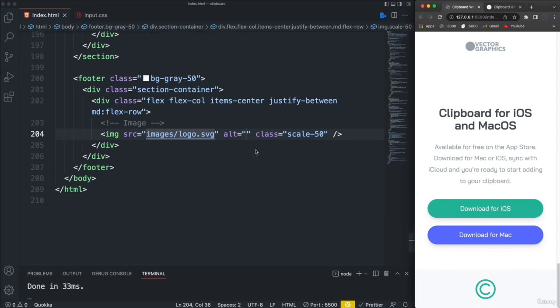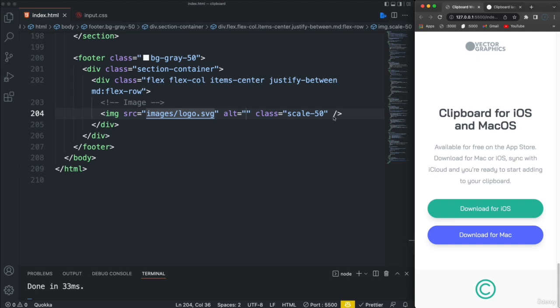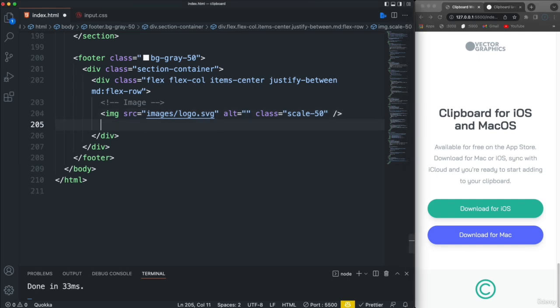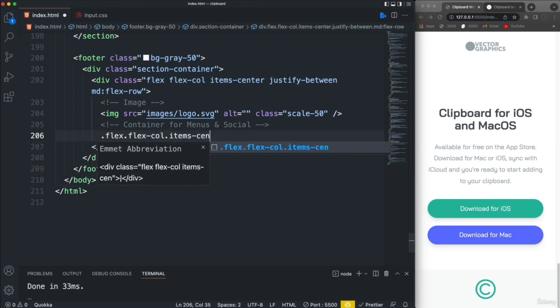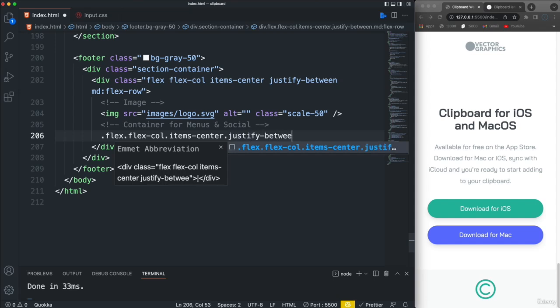Now directly under the image, we're going to have the container for the menus and the social. So I'm just going to put a comment and say container for menus and social. So that's going to be a flexbox, flex-col, items-center, justify-between, and we're going to use flex-1 here, margin bottom 10,